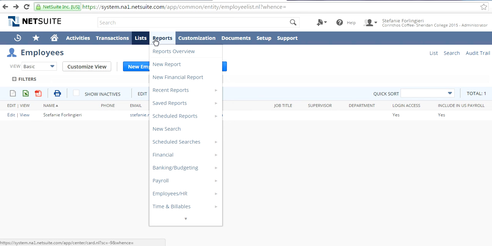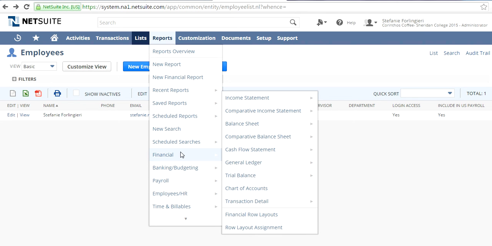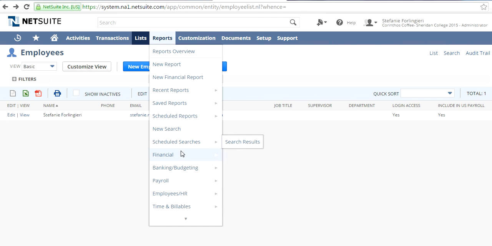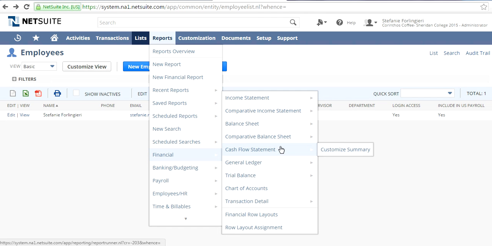What do we want to see within the system? You go to financial, and there they are. The purpose of accounting is to generate accurate financial reporting so that we're able to prepare our income statements, balance sheet, cash flow statements, our general ledger, our trial balance, our chart of accounts. This is the bread and butter of accounting, being able to properly and accurately prepare information for our financial statement